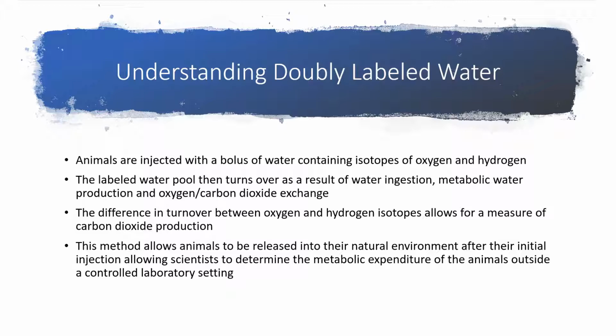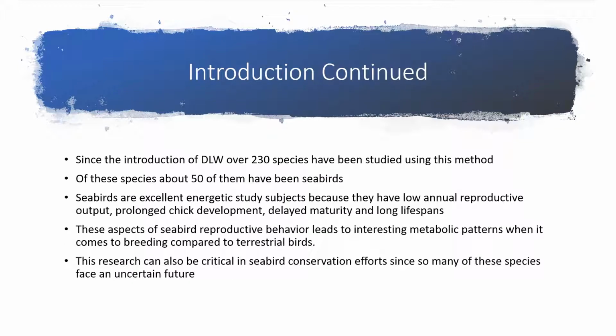From these isotope levels, scientists are able to calculate carbon dioxide levels. This carbon dioxide calculation is the one that this paper is taking a deeper look at. There are several different equations, and the equation used might have an outcome on the final results of the study. As I mentioned before, since its introduction in the early 1980s, this method has been used on over 230 species